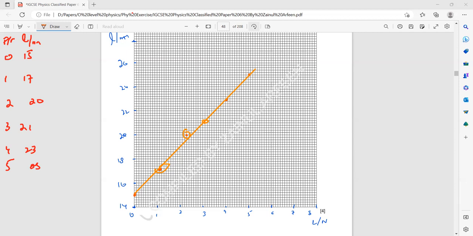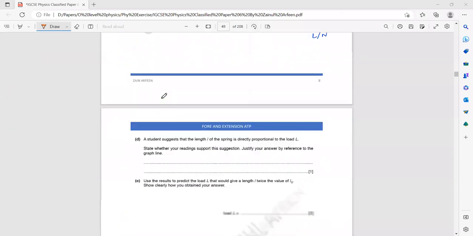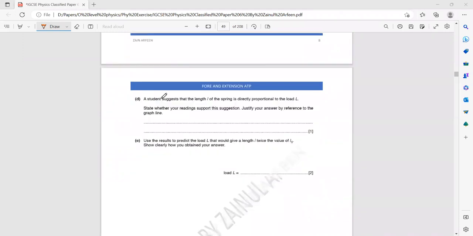Yes, sir, clear. The next part, they're saying that this is a graph for load and length. If the graph is between the load and the length, it will never start from the origin, because when there is no load, there will be some length. If the graph was between the load and extension, then it will start from the origin. So the next part,